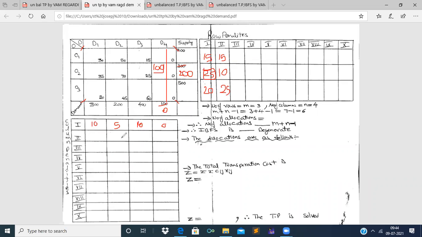Now let us go for finding column penalties. The first least cost in the first column is 20 and the next least cost is 30. Therefore, 30 minus 20 is 10. And in the second column, we get the same 5. Why? Because the costs have not changed or been struck off. Therefore, the first least cost is 45, the next least cost is 50. 50 minus 45 is 5. And the same repeats for the third column. The first least cost is 15 and the next least cost is 25. 25 minus 15 is 10. Right? Now the second set of row penalties and second set of column penalties are finished.